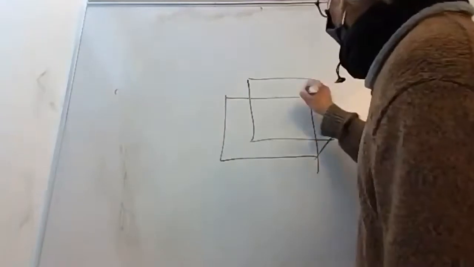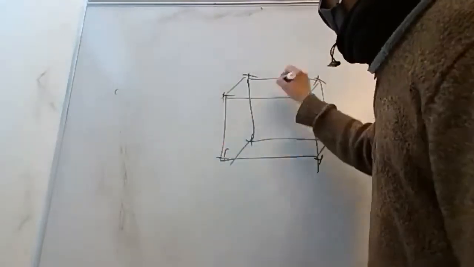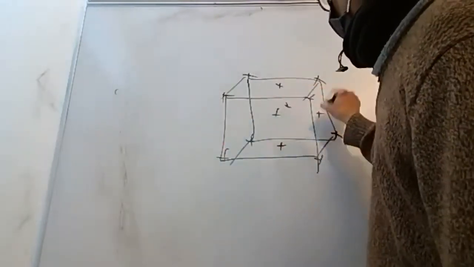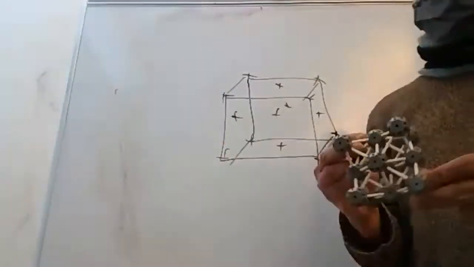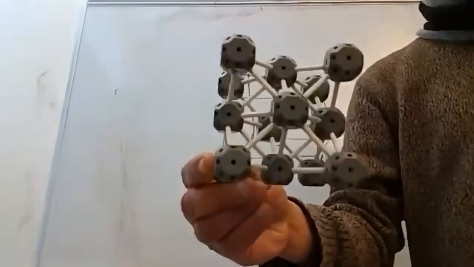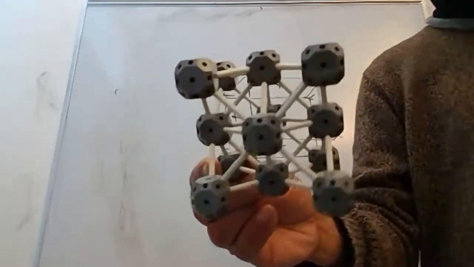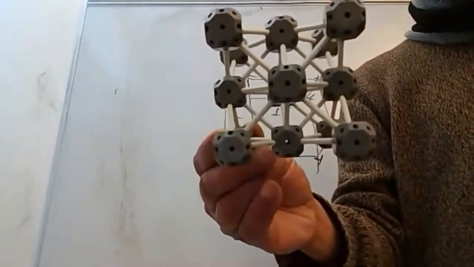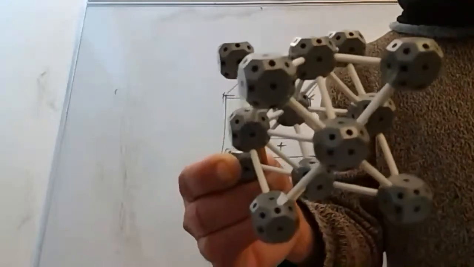But let's now try to count the effective number of atoms in a face-centered cubic. So I'm going to draw the face-centered cube one more time. This time I'm going to put crosses at all the lattice points. They're all identical. For a visual purpose, I'm going to show this to you. This is the 3-dimensional picture of that drawing. That is your face-centered cube. You can see the lattice points at the corners and lattice points at all the centers. Okay. All right, so